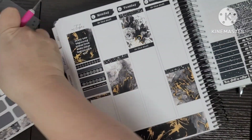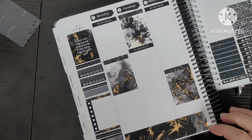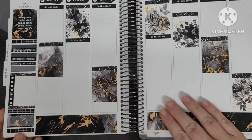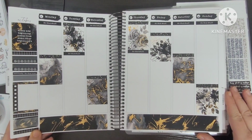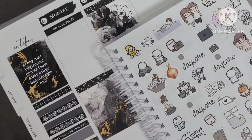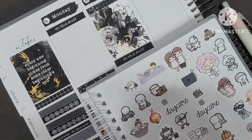So this week I did not mix up where my stickers were going and I pulled the right spread. So that is aces. That is a very good thing. But look at how pretty this base laid down. If I just left it like that, I'd be really, really happy, I think. So moving into the day by day, the first thing that I noted here was that it was a very